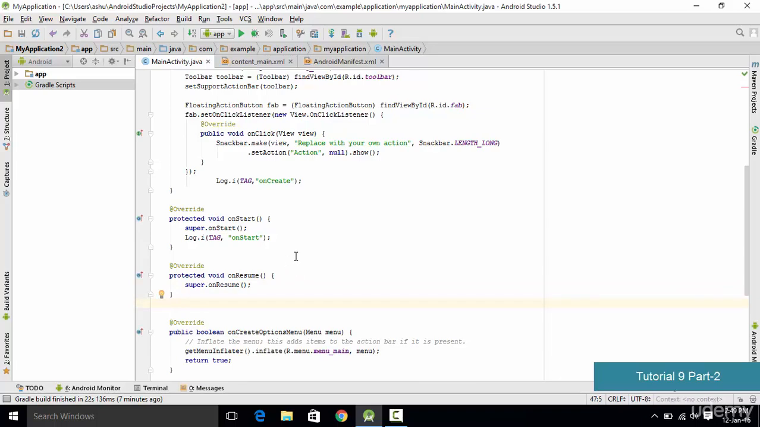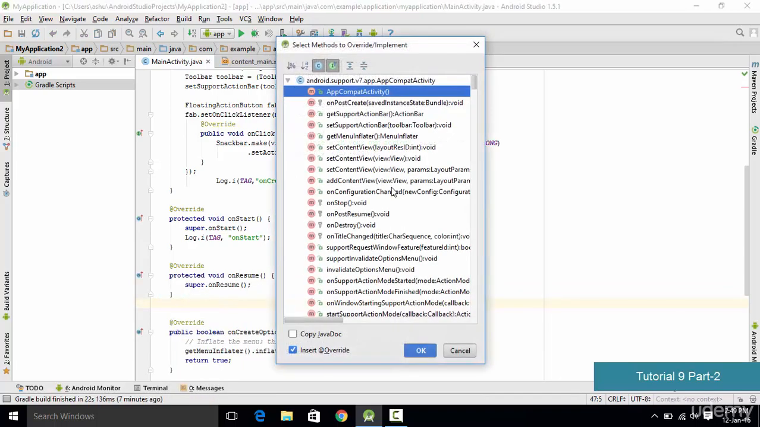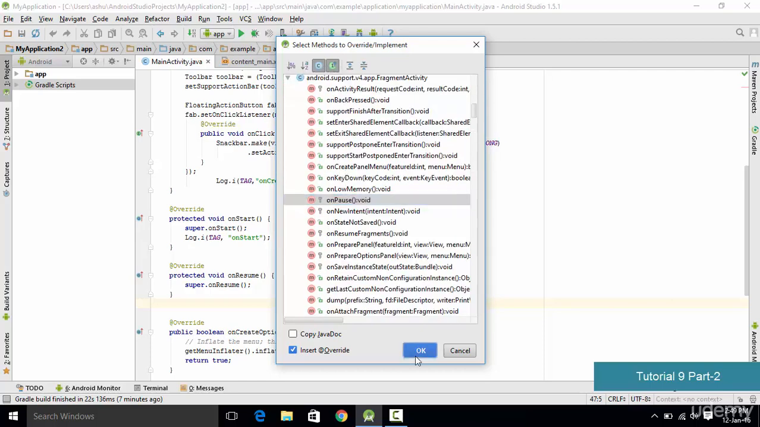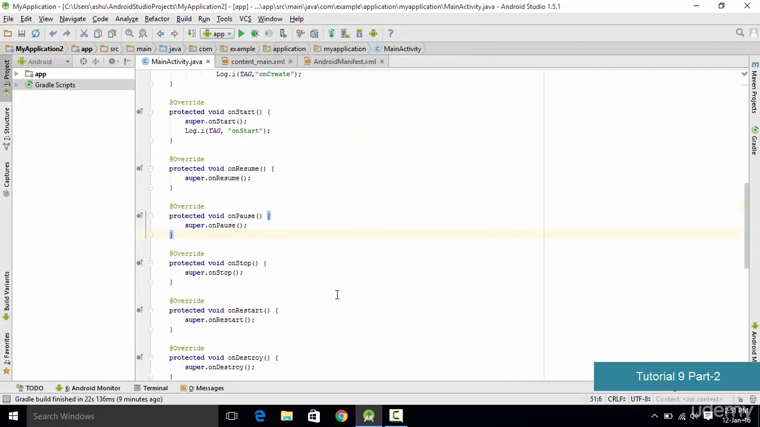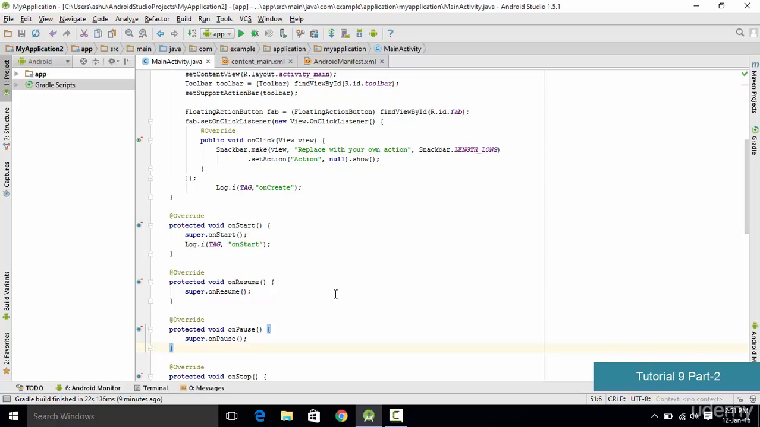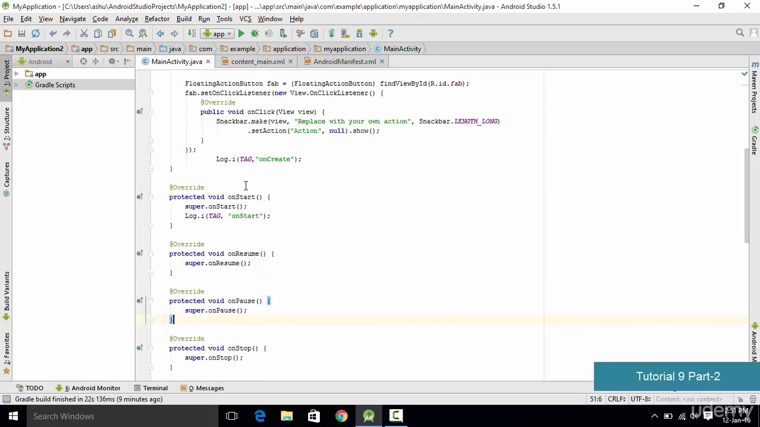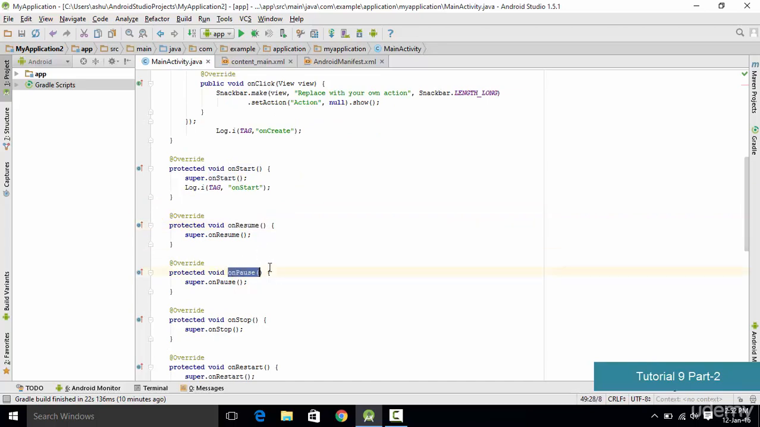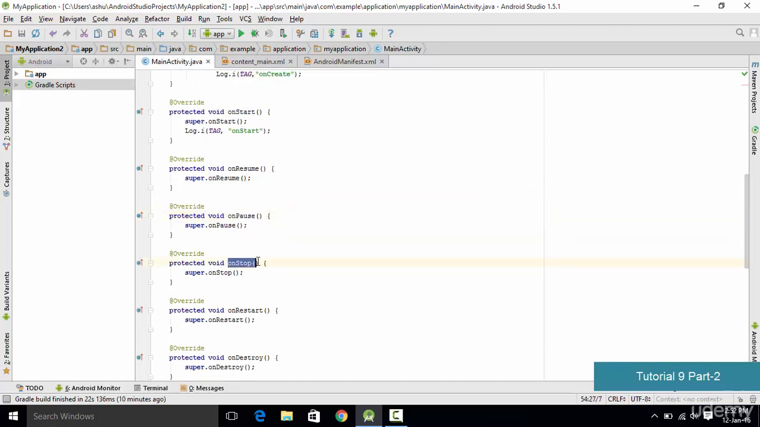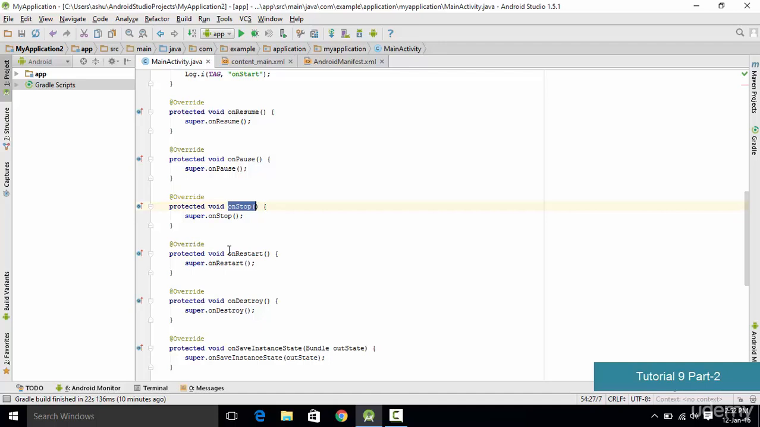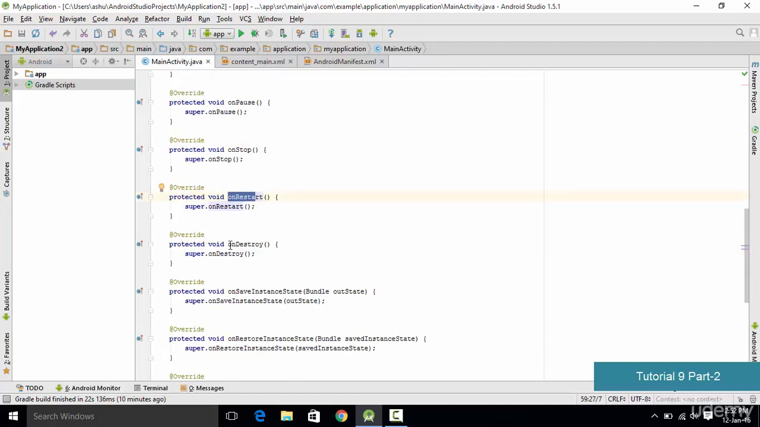The next method which we want to import is onPause. Again, Alt Insert, override methods, onPause, click OK. Now once I am done adding all the methods, I'll go through the methods which I have added. The first method we have added is onStart, then onResume, then onPause, then the onStop method, then onRestart, then onDestroy,